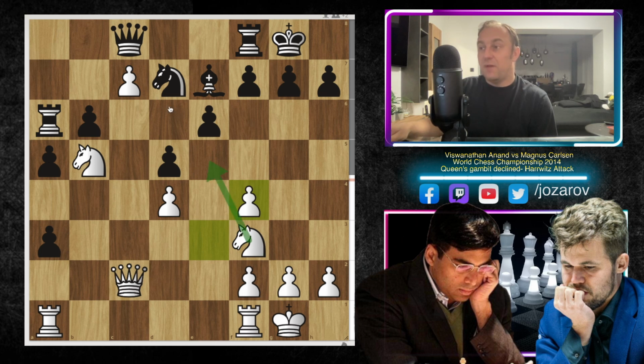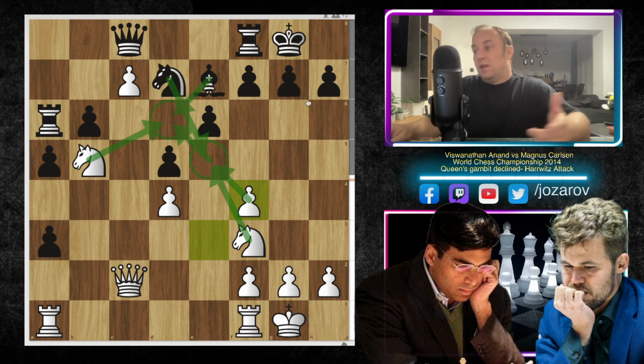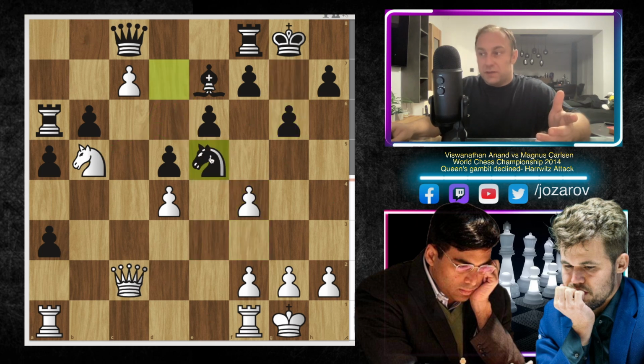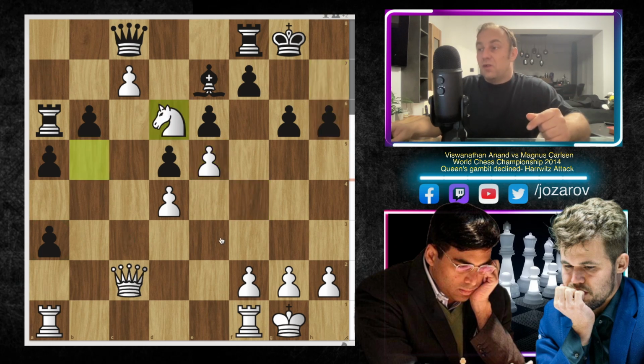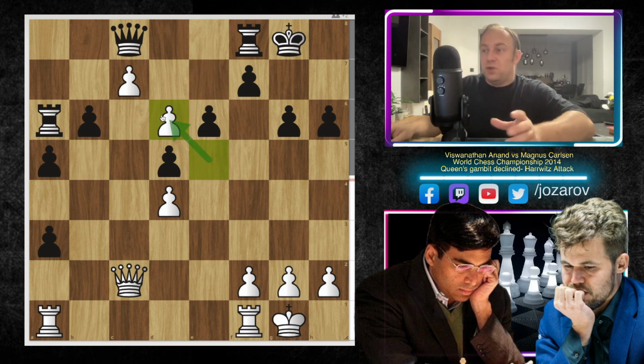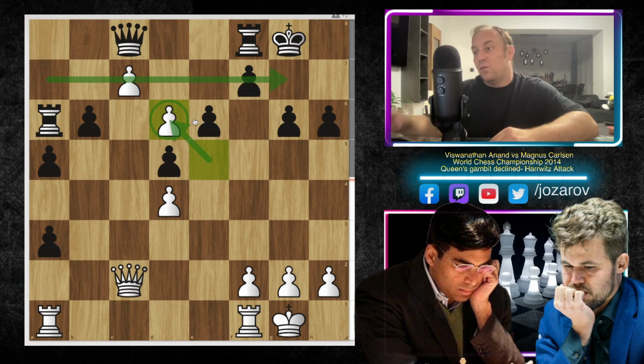Then if knight takes e5, we could maybe even play f takes e5, and then it's time to occupy, when one pawn comes here on e5, maybe the d6 square. Then after bishop to d6, we could maybe play something like e takes d6. Let's see now, maybe this one: knight to e5, knight takes e5, f takes e5, and let's see, just playing maybe a couple of bad moves. I think an interesting idea here is also the move knight to d6, because after bishop takes d6, e takes d6, that would be one of the main strategic goals, to get two connected pawns on the 7th and 6th rank. So this would be, I think, an unpleasant game for black to play.